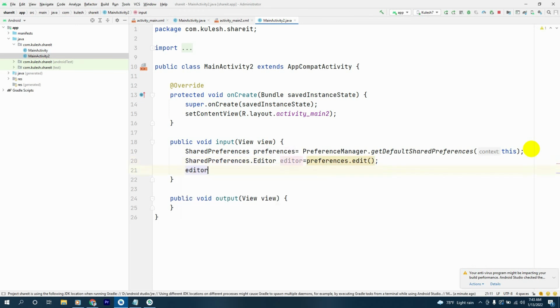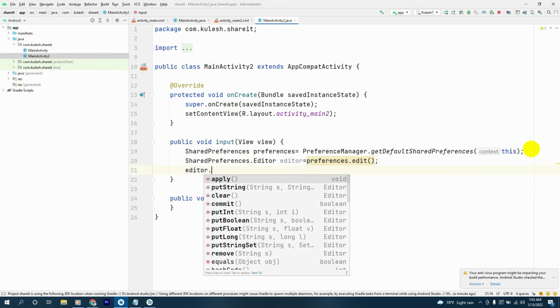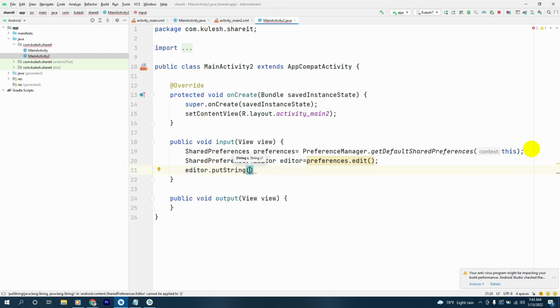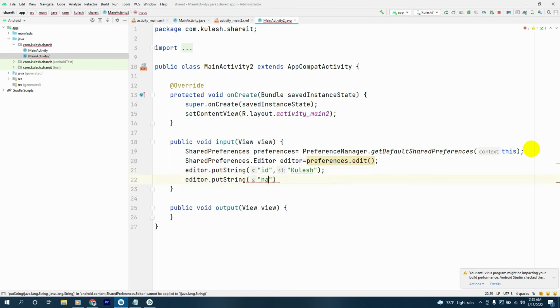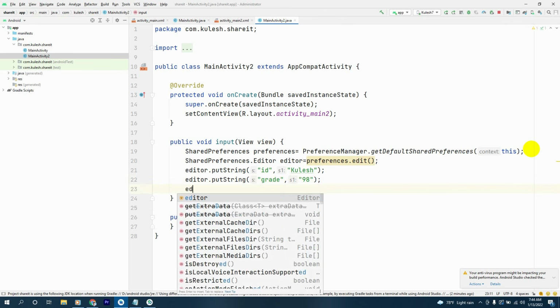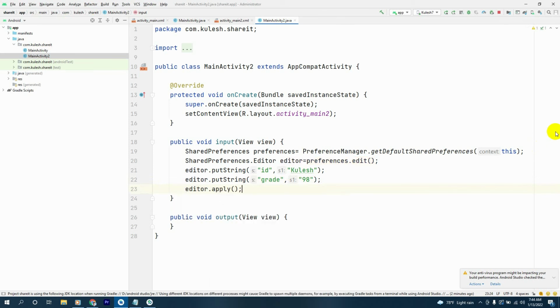and we use the editor to put string. We'll put string some values. First one's key will be ID, and the name will be Kulesh. And we'll apply another one, editor.putString grade, and here the value will be 98. And the next thing we'll say editor.apply like this, and we'll go to the output activity here,